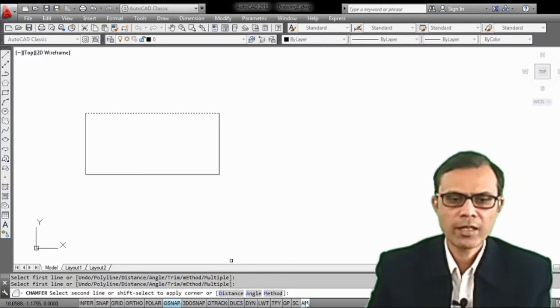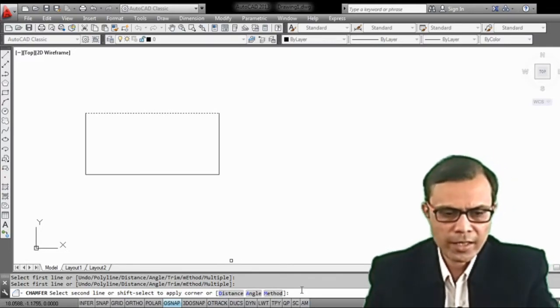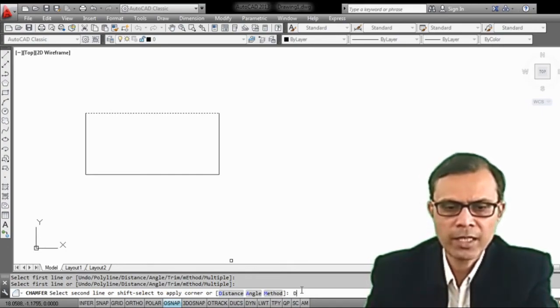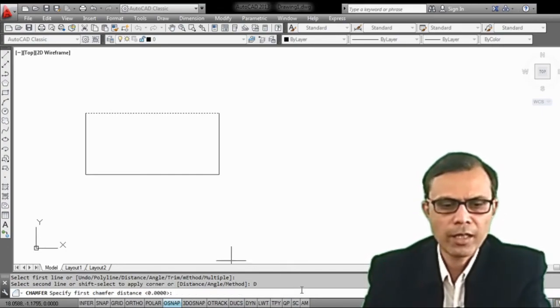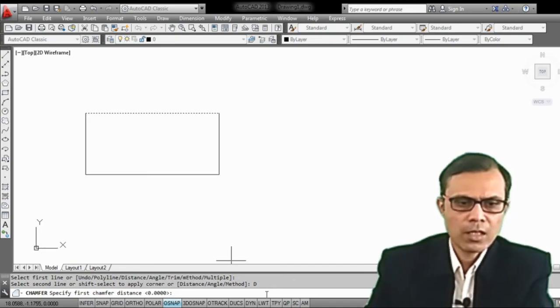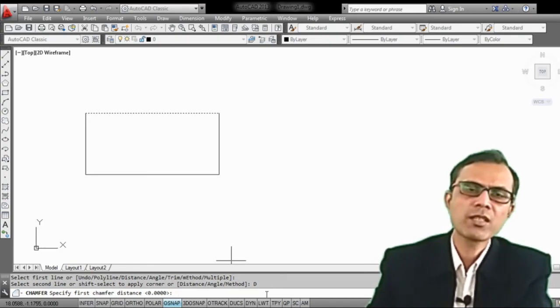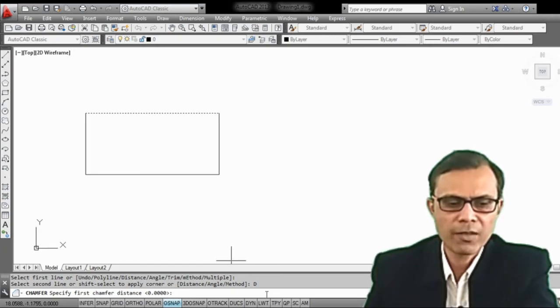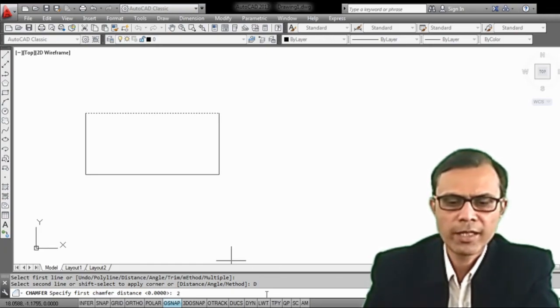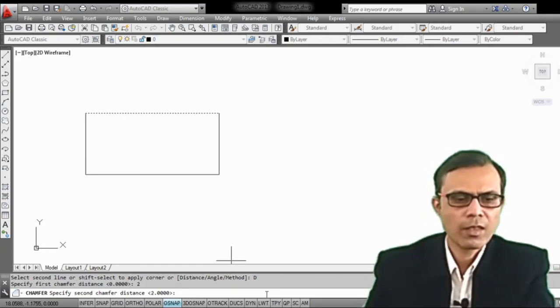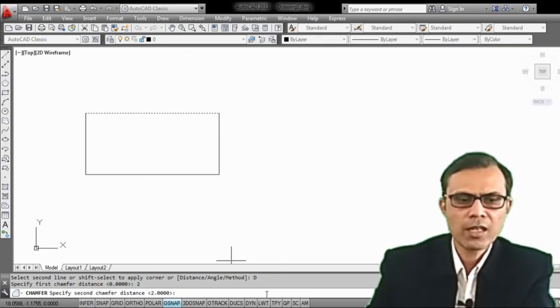So I am taking distance as the selected option. So for that, type D and then enter. Specify first chamfer distance. So I am specifying, for example, 2 units as the chamfer distance. Specify second chamfer distance.